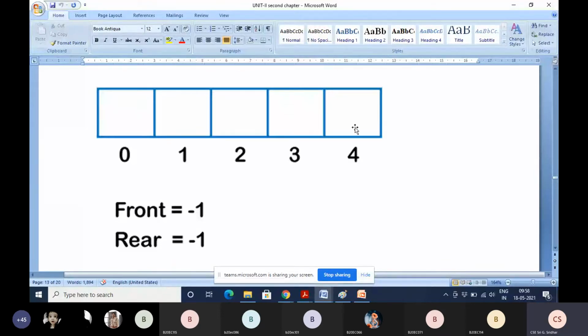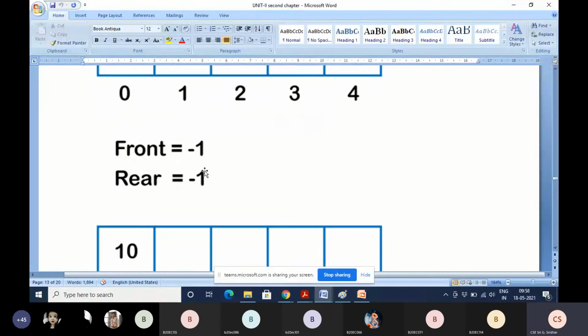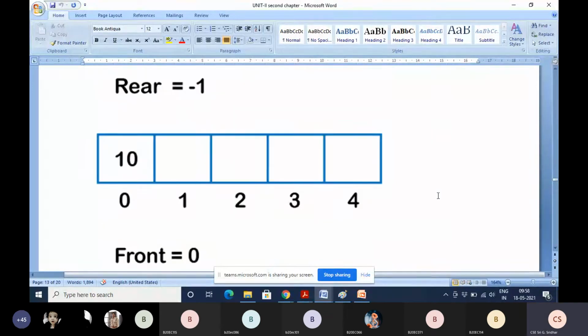That means after the fourth location, it moves to the 0th position. Initially, front and rear both point to -1, and whenever you want to insert a new element, you set rear and front to 0.